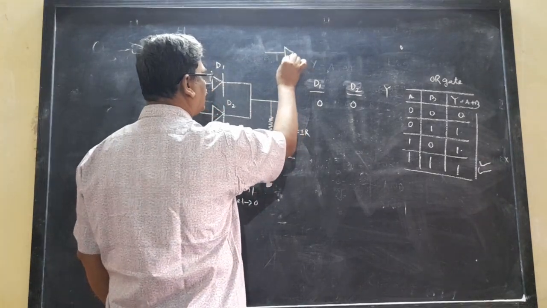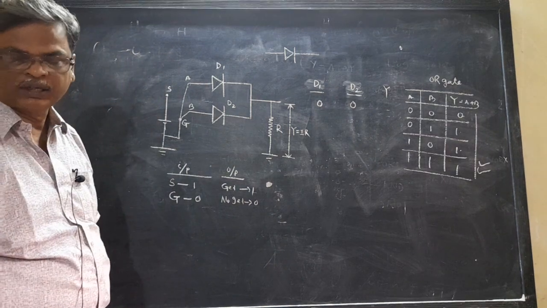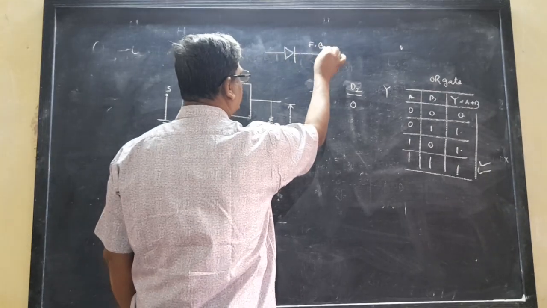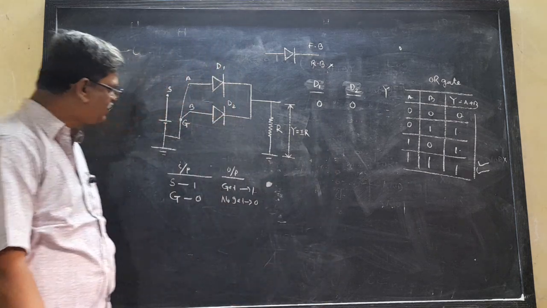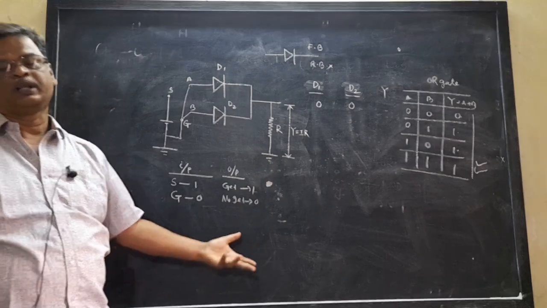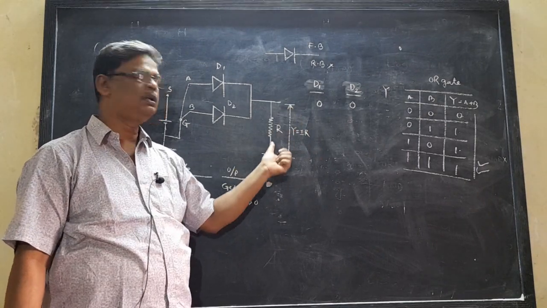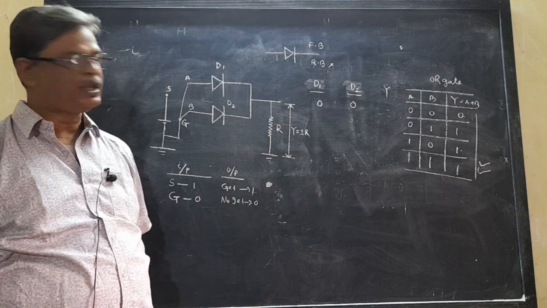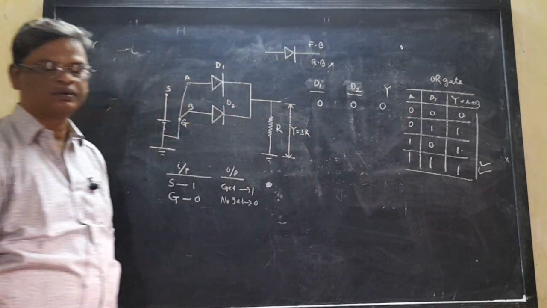If it is a diode and both sides are at the same potential, it does not conduct. If it is forward biased then it conducts, and if it is reverse biased it does not conduct. So now the diodes D1 and D2 are both connected to ground, so the diode does not work and there is no current through R. If there is no current through R, I is equal to 0, then Y is equal to 0. We do not get any voltage output.